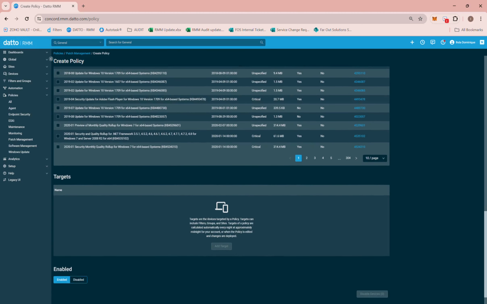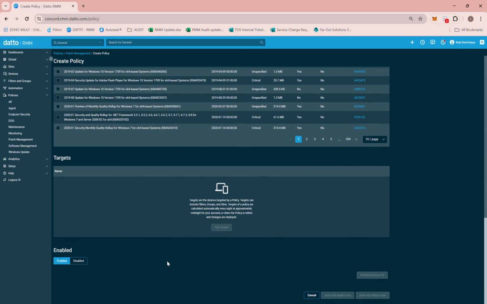So next is the target. Targets are the devices or groups to which the policy applies. This can be defined by a device group, device type, or custom condition. Properly defining targets ensures that policies affect the intended systems.